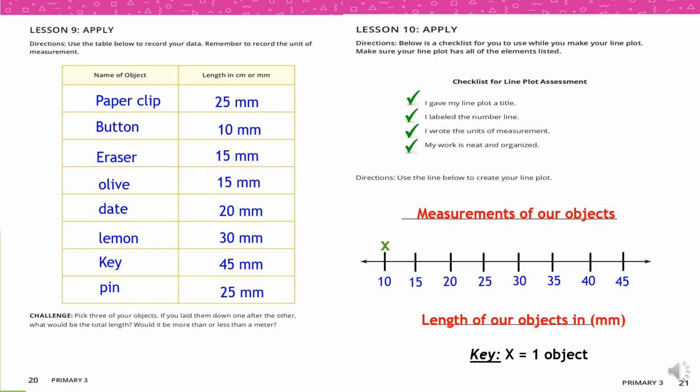15, how many items have 15? We have only 2 items, eraser and olive, so I will write 2 x's. 20, how many items? Their length is 20, only 1, so 1 x. 25, 2 items, paper clip and pen, so I will put 2 x's, and so on. You can complete your